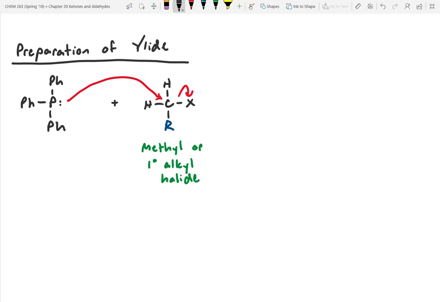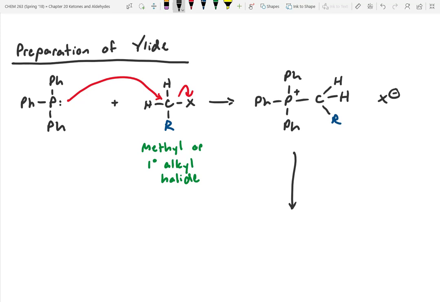Okay, so let's draw the product of this. And we kicked off our leaving group, so I'll just draw that as X minus floating around over here. And in addition to that, our phosphorus has a positive charge since we've created a new bond. Okay, the next step,